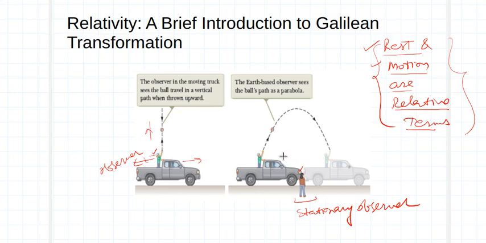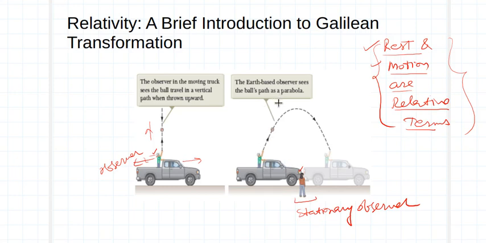So that means for a person in this moving truck, the horizontal distance traveled will be 0, but for an observer who is outside the truck and is stationary, it seems that the ball is moving some horizontal distance